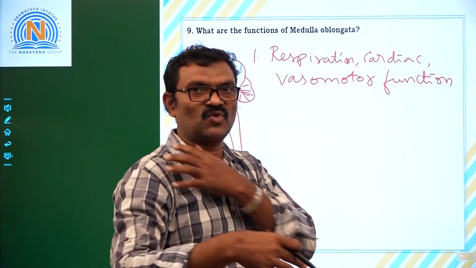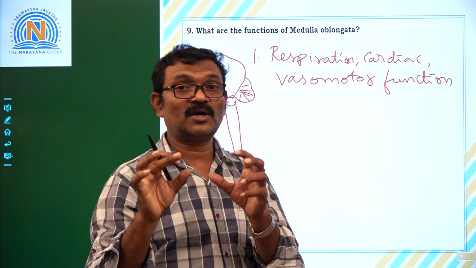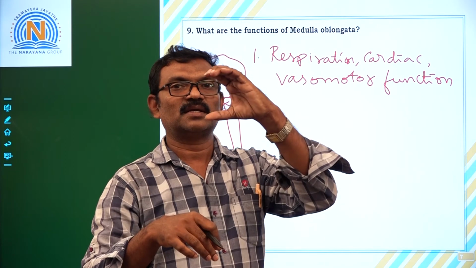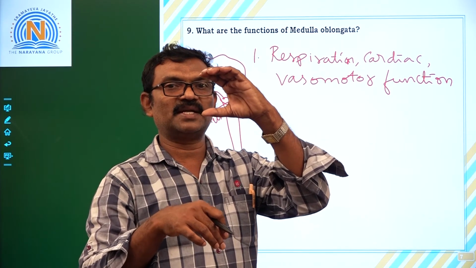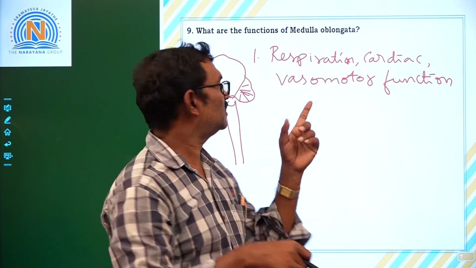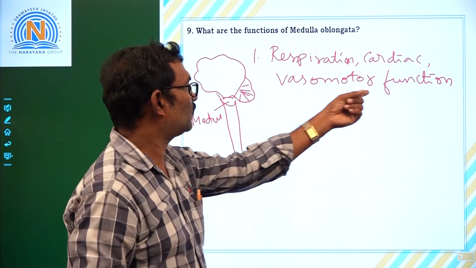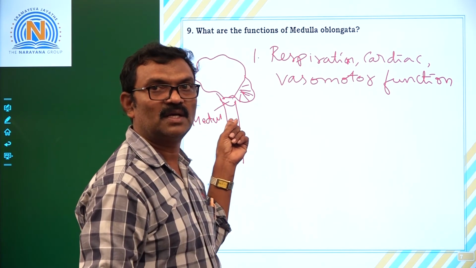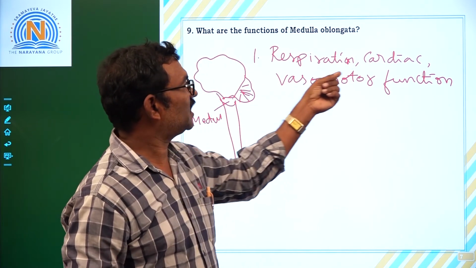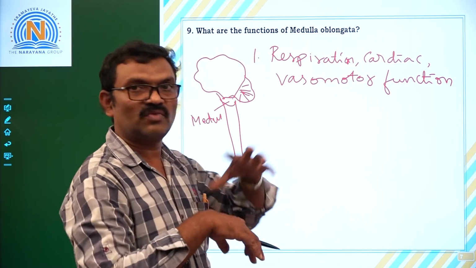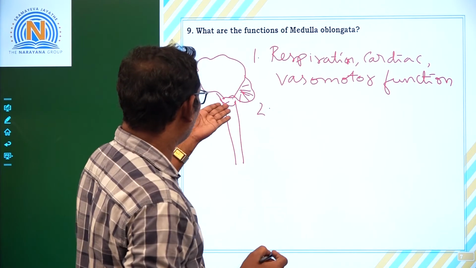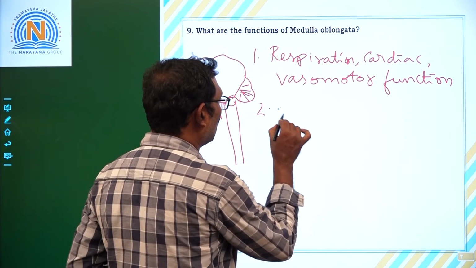When the blood is flowing in the blood vessels, especially in arteries, the blood vessel will swell up. When the blood is present in the artery, the blood vessel enlarges, and when blood is absent, it collapses. That means expansion and contraction of the arteries is known as vasomotor functions. Vasomotor functions are under the control of medulla oblongata. If medulla oblongata is not functioning well, the blood will not flow in our body. So respiration centers, heart centers, and also vasomotor functions are carried. And it also coordinates the reflexes.